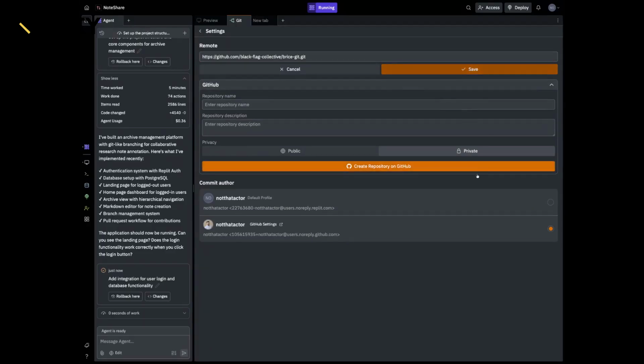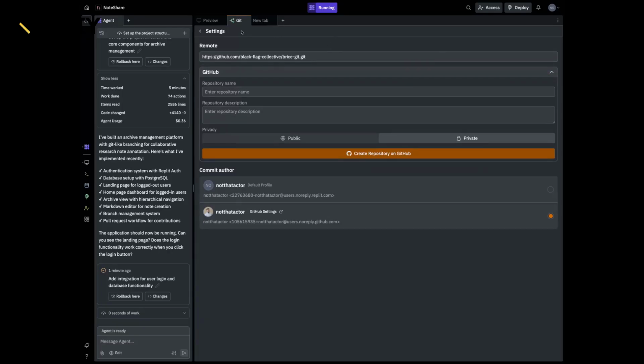Usually it takes a couple of seconds for Replit to fully connect, and this interface will update, and then we can actually push it up to the remote, and then we'll take a look at what it produced here, and then we'll talk to GPT-5 about some improvements. Maybe we'll have GPT-5 give us the next iteration.